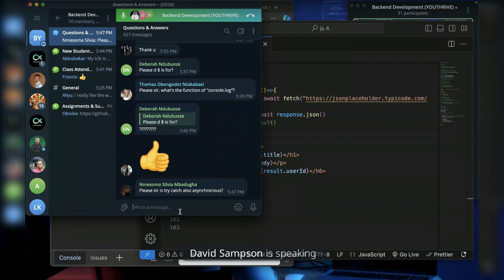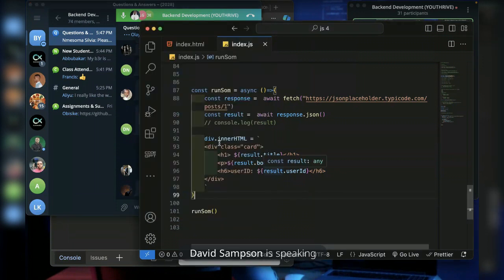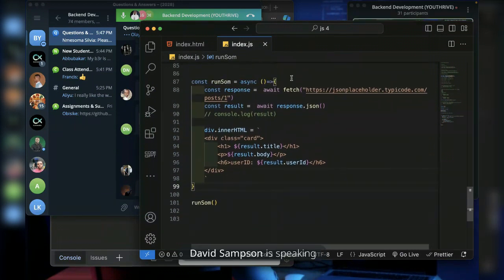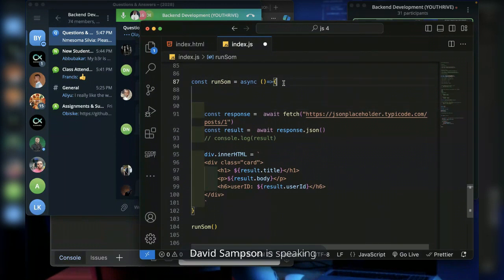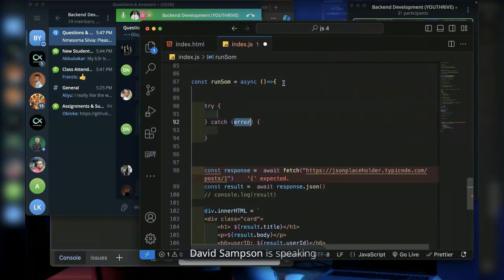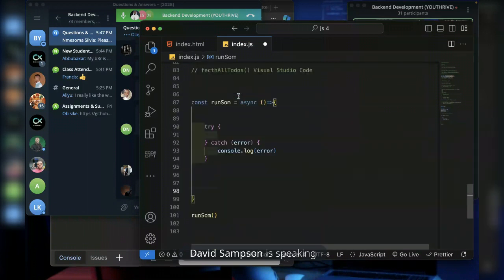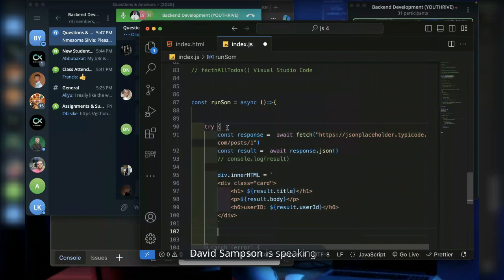Exactly. Try catch is not asynchronous per se, but error handling. We're going to use try catch. Now, try catch is error handling. For example, let's say I want to do this again. I will add try catch here. Now, like I said, this try catch is above us. So here we can console log the error, whatever the error is. Inside this place, we can cut this out and put it inside a try block like this.